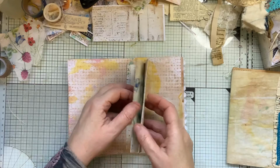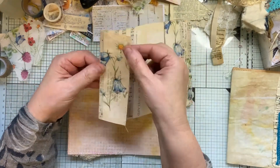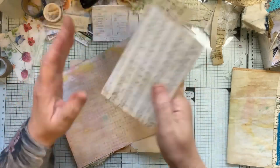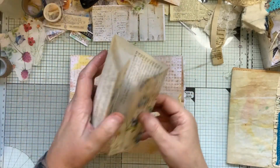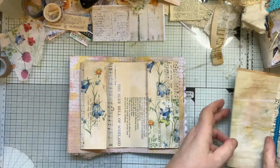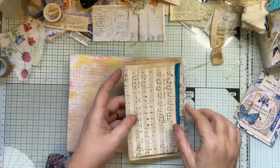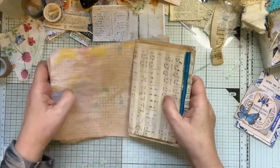Okay, so that's all finished. All right, and then I just stitched it down around there. Okay, it's not all finished actually. I'm going to add something else, but that is where that goes. Okay, I think that blends in nice. That sits there. And I thought